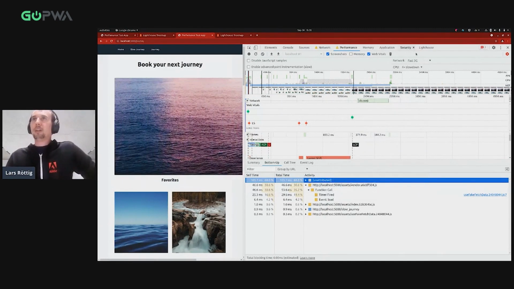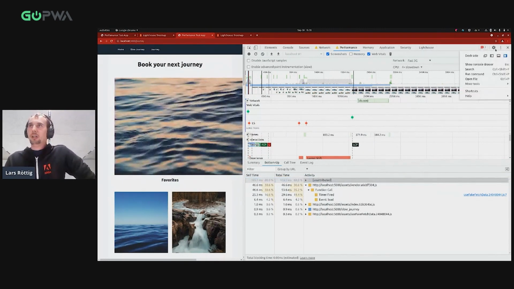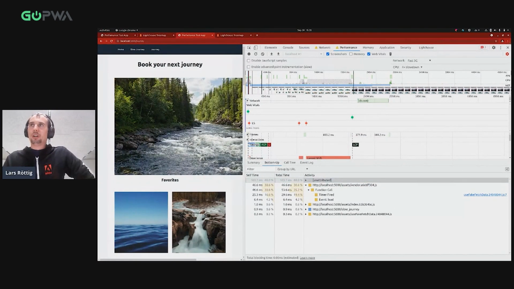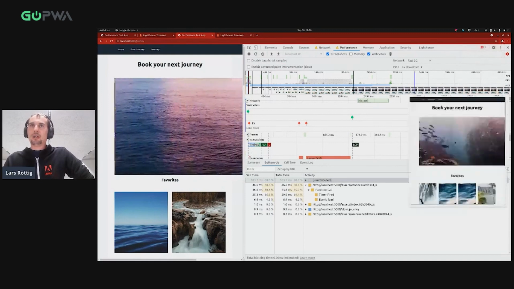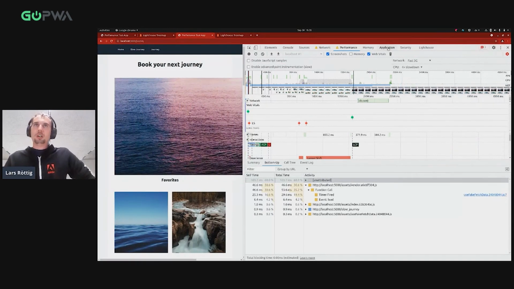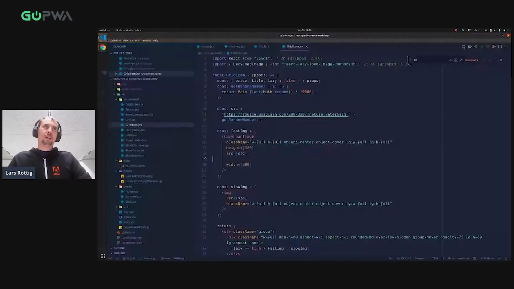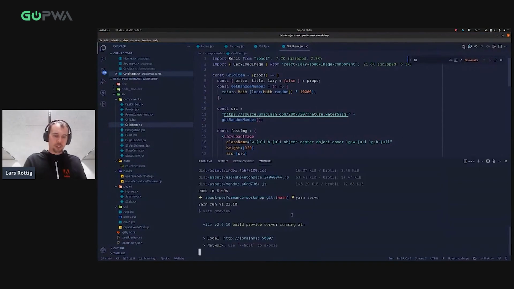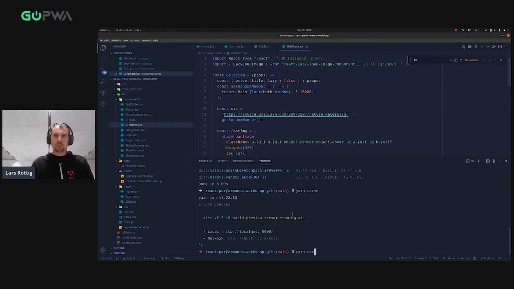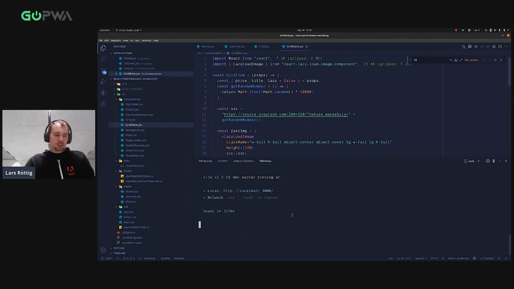Also, what I would like to add here are the React tools, which are currently not available because I'm in a production build. They help you get a better understanding of which components are included, and also help to track down events and state, and what happens to my application.